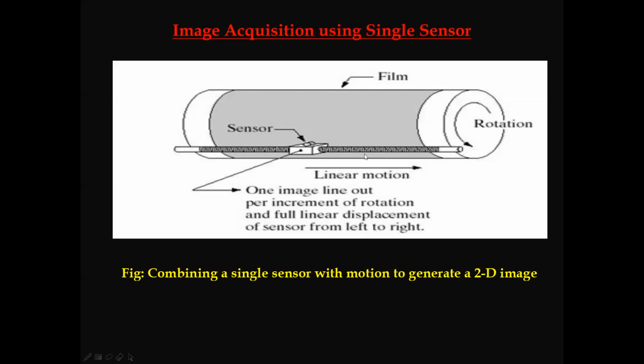This is the sensor which is moving from left to right along this cylindrical drum. On the cylindrical drum, one lead screw is attached. So this is actually the screw. On the screw, our single sensor is moving. That means our sensor is mounted on the lead screw, and on the lead screw, our sensor is moving. This type of arrangement we can find in printers. In the olden days, printers used this type of arrangement.